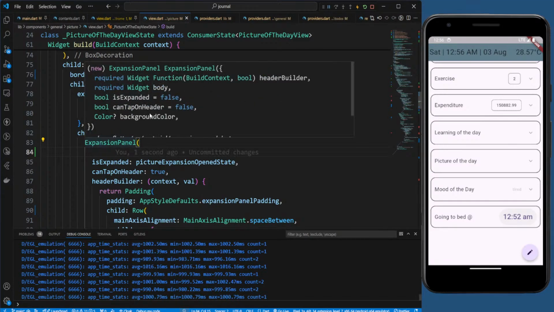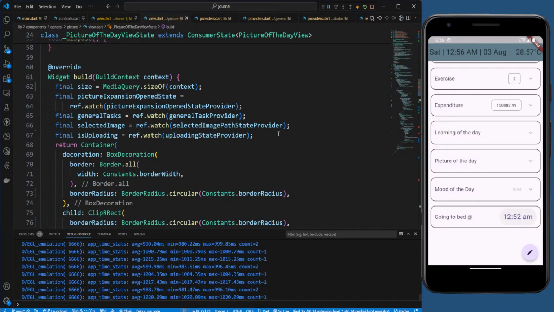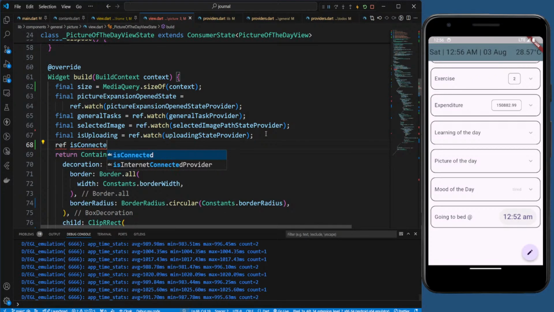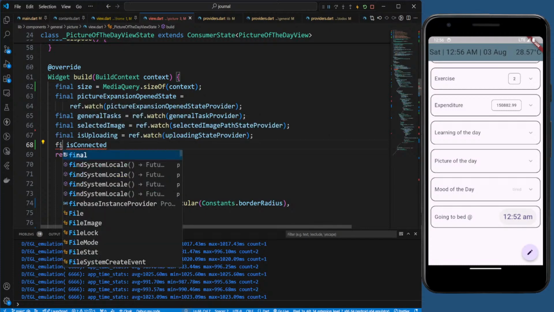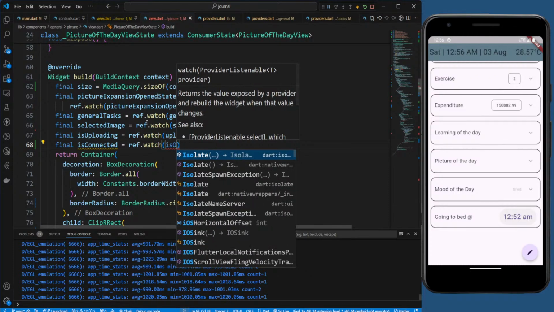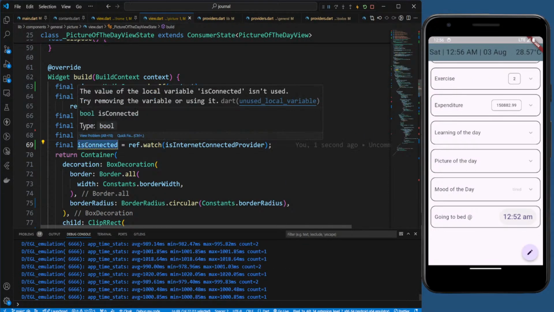No way to disable this. So we can do one thing. Let's watch for is connected. Is connected. Watch is internet. Next provider and